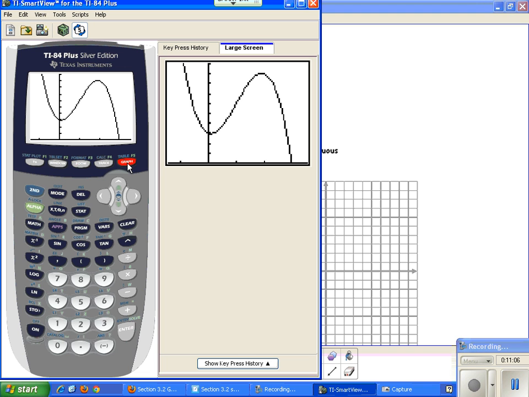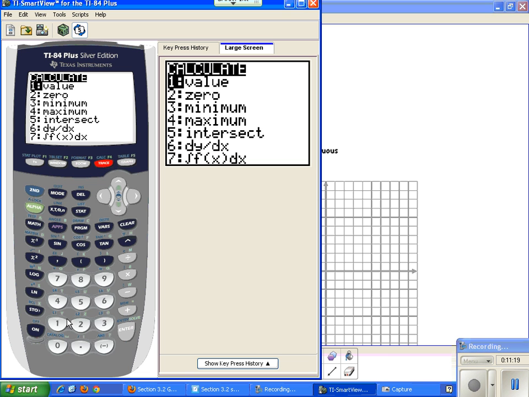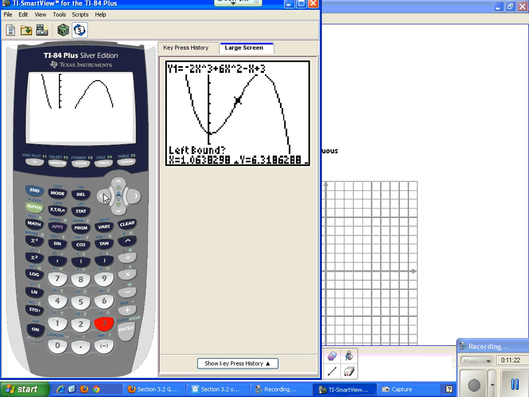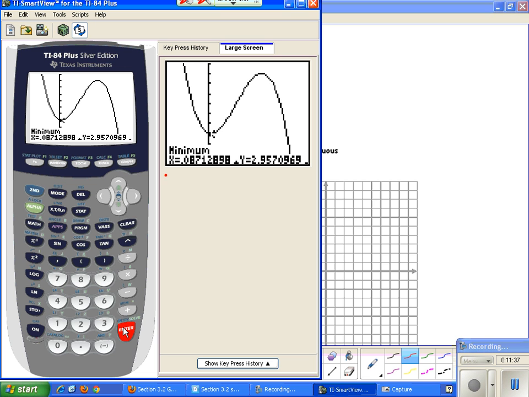Now for this, I'm going to find everything that I want on my graph. So my maximum and minimum points are usually, again, the first things that I should find because they help determine everything else. So I'm going to do the second trace minimum first because that's the first place on my graph that I have. So here it looks like the minimum is somewhere around here. So I'm going to go to the left of that, enter, and then to the right of that, enter, and then enter, and I have a minimum